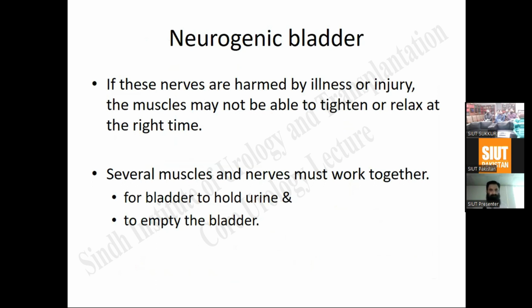Regarding the nerve supply, we divide it into two major categories. One is autonomic, and the second one is the somatic. The autonomic is again divided into two further categories, which we call the sympathetic and the parasympathetic. Can anyone tell what the sympathetic and parasympathetic bladder nerve supply or root values are? Parasympathetic is S2, S3, S4. Okay. Sympathetic